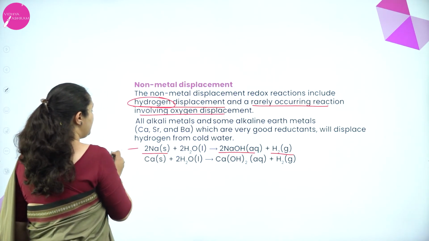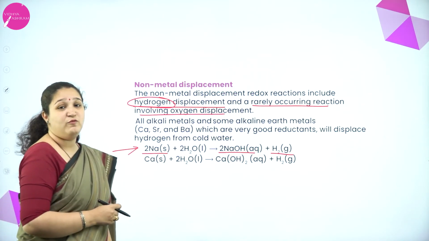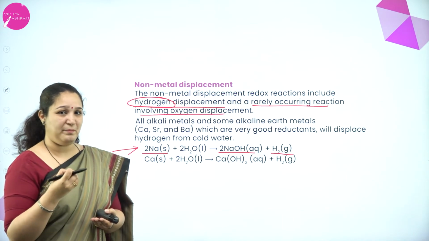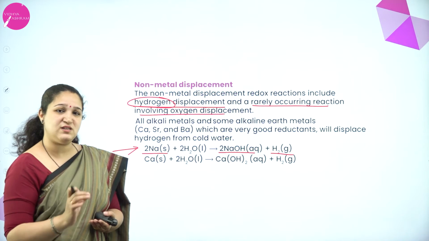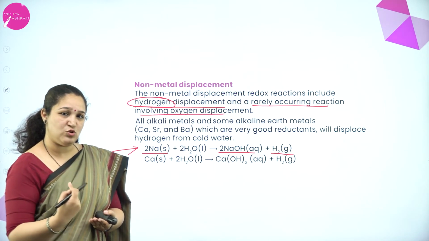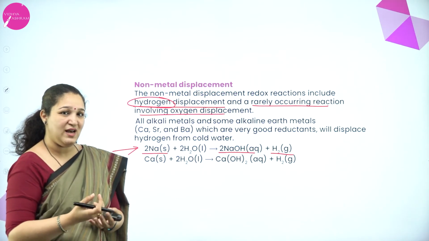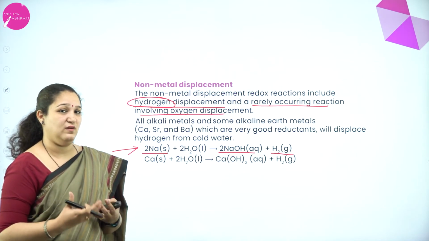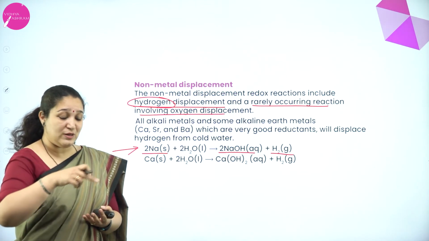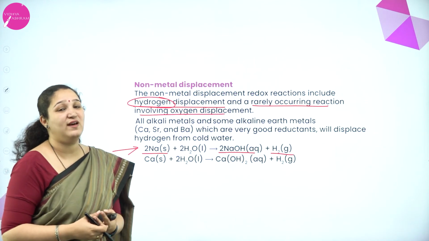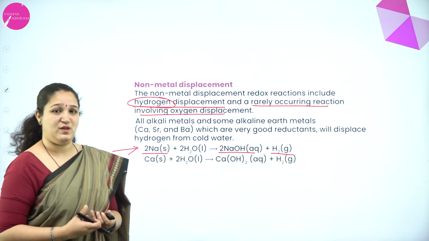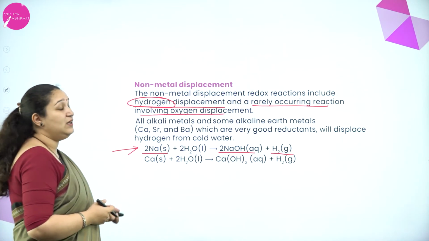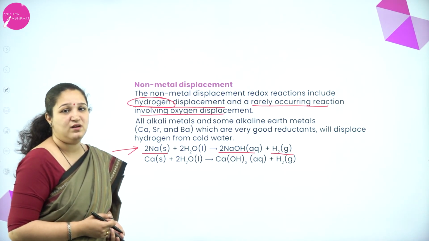This particular reaction you might have seen in school where they take a piece of sodium metal. It's a soft metal which can be cut with a knife, and as soon as it is added to water, you can see the sodium metal will move with hissing noise and liberating hydrogen gas and forming sodium hydroxide. So that movement, you can see it very, very clearly because it reacts very vigorously with water. Okay. So that's about the non-metal displacement reactions.